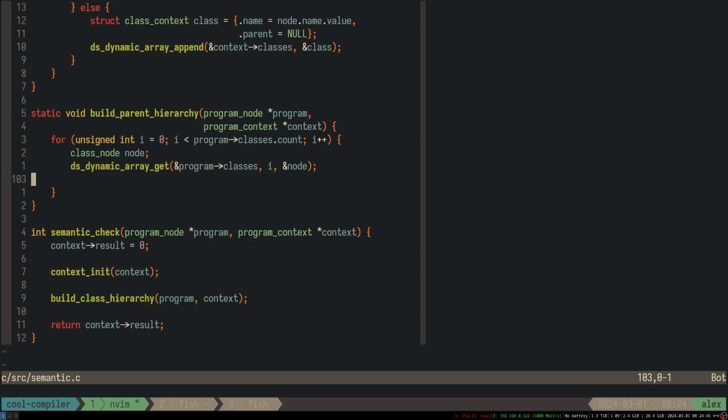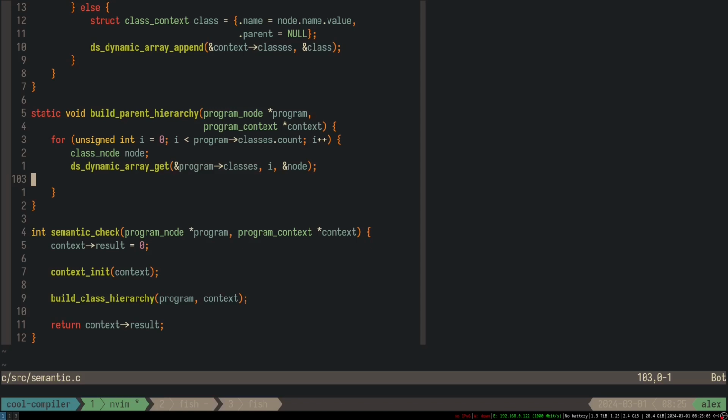Okay, and what do we need to do now? I guess we just need to take the parent node if it exists,